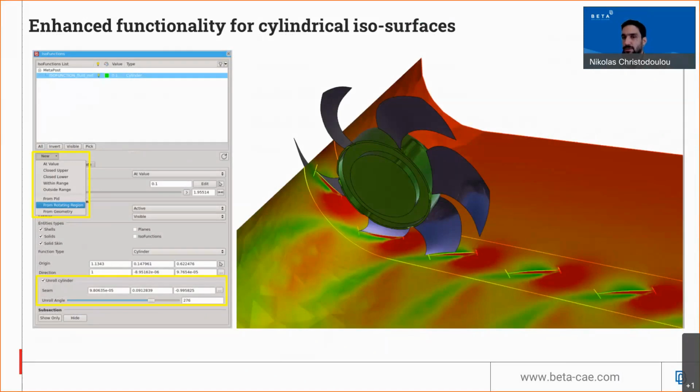Finally, there's the option to unroll the cylinder, as you can see here, where the user can control if he wants an absolutely flat surface or wants it to be partially rolled.